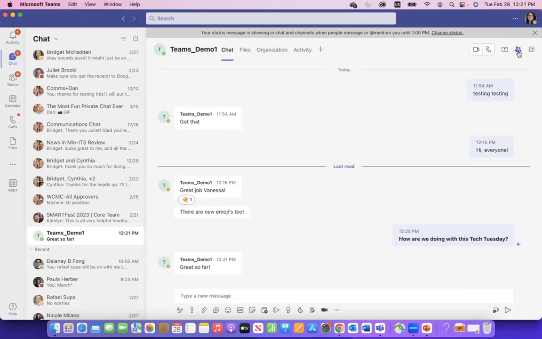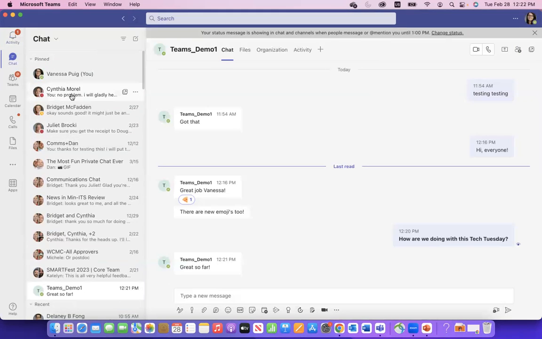If I wanted to add more people to this conversation, there's a little button right here that says add people. And I can just start typing in their names, and those people would be added to the conversation. So we can just keep everything going. We don't have to stop and start a new conversation anywhere within Teams. We could do it right here and just keep everything going seamlessly. So that's really nice. Let me move back over to activity since that has a little icon there.